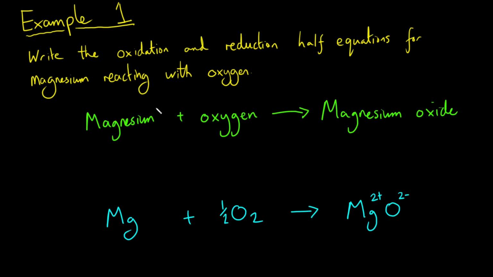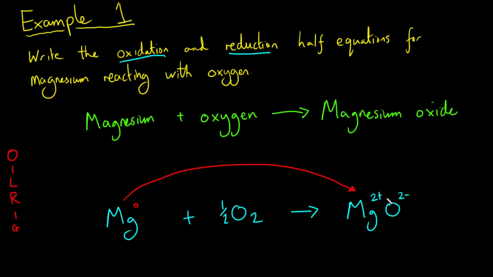So let's go back to the question and just remind ourselves what it asked us to do. Write out the oxidation and reduction half equations for magnesium reacting with oxygen. I need to figure out what is being oxidized and what is being reduced. Let's quickly remind ourselves about oxidation and reduction. Oxidation is the loss of electrons and reduction is the gain of electrons. Let's focus in on the magnesium first of all. On the left hand side it is the magnesium atom with effectively a charge of 0. It's neutrally charged. If I look at it over on the right hand side now,